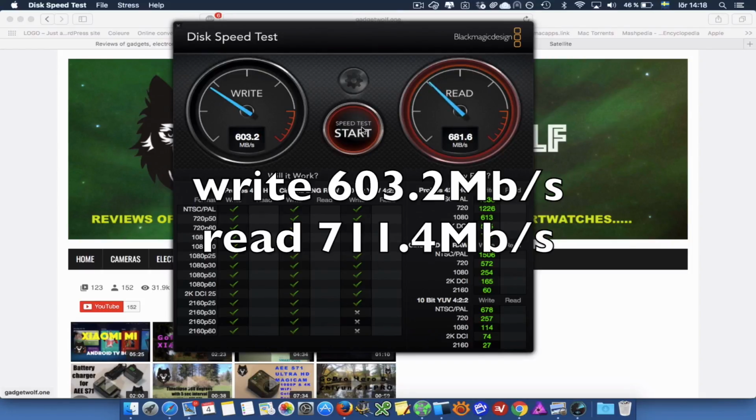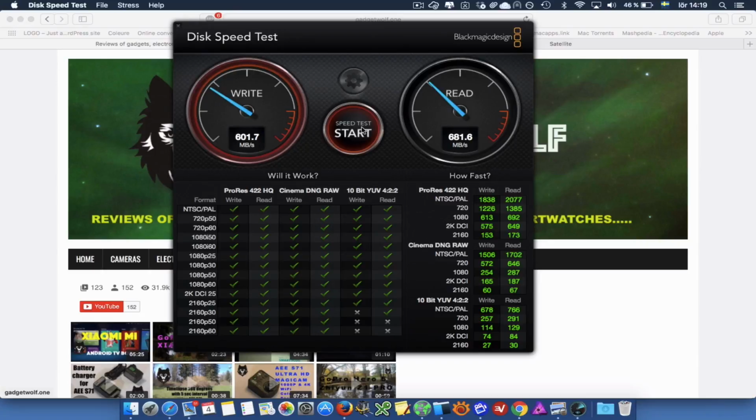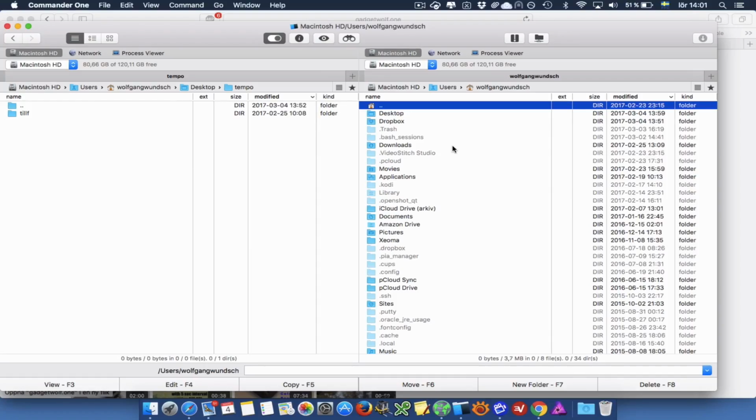When I tested on my MacBook Pro, it was actually a little bit higher, and I also read that the newest model of MacBook Pro will read up to 2000 megabits per second. That is really impressive. But still here 602 in write speed and 717.8 megabits per second in read speed. I think that is not too bad. So now I want to format my